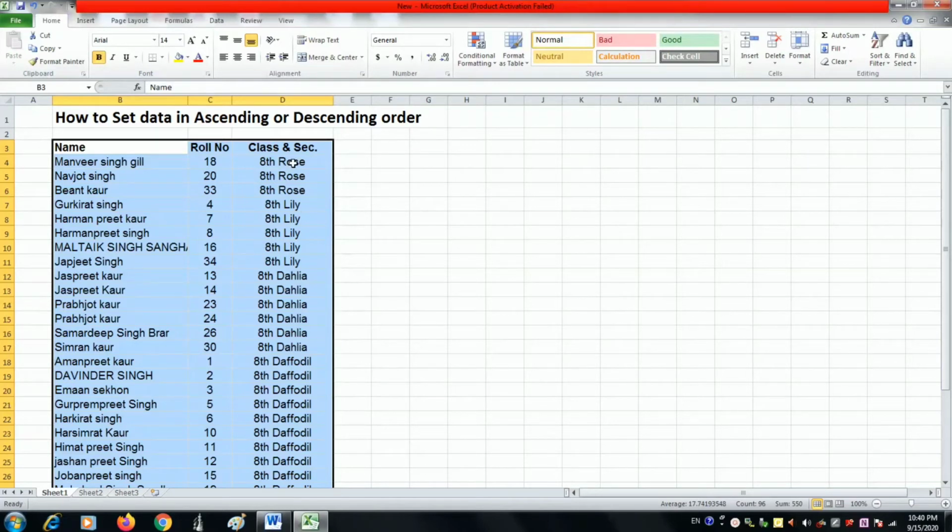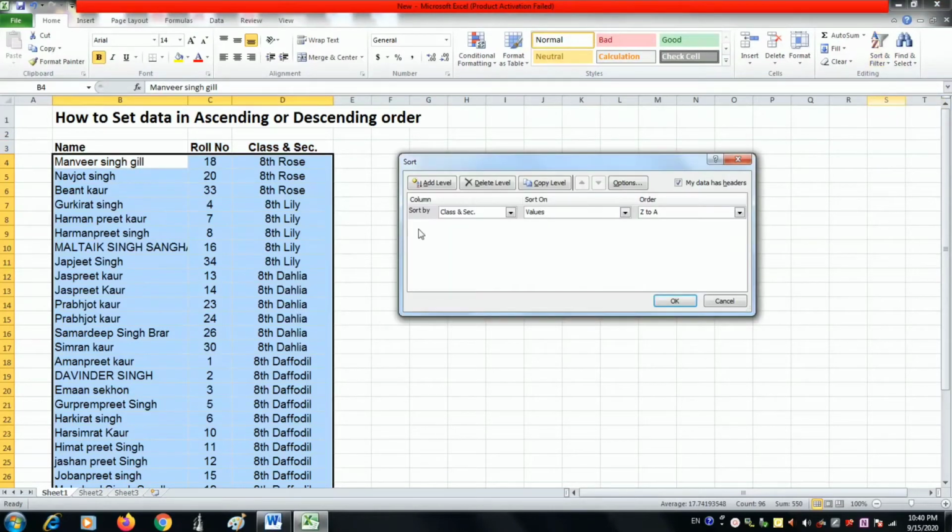So this is the way how we can do in spreadsheet software, means in Microsoft Excel, how we can do the sorting of anything. We can do this according to name wise also. Once again we will do it according to name wise. Again in the editing group of the home tab we will click on the sort option, custom sort. Okay, then in custom sort we will choose here name.